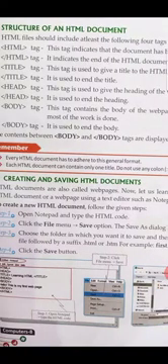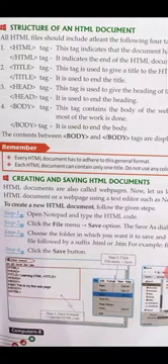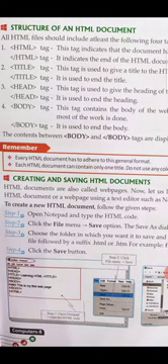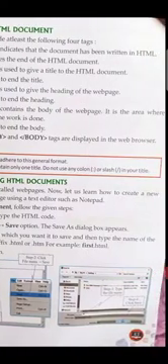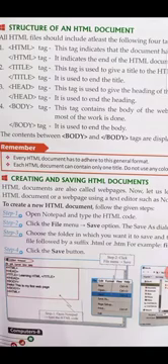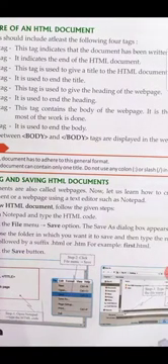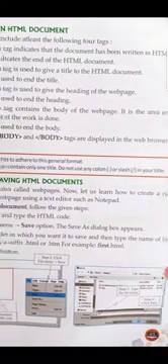I already told you we have couple tags. Body tag: this is the main content of our page. Whatever we are going to write, we need to write in the body tag. This tag contains the body of the web page. It is the area where most of the work is done. The ending body tag is used to end the body. The content between the body starting and ending tags is displayed in the web browser.